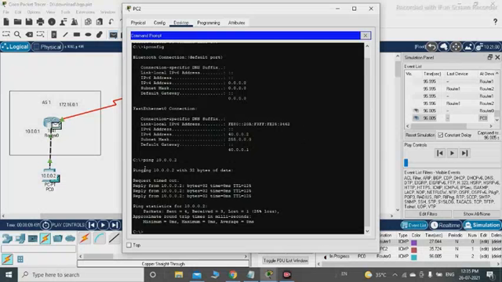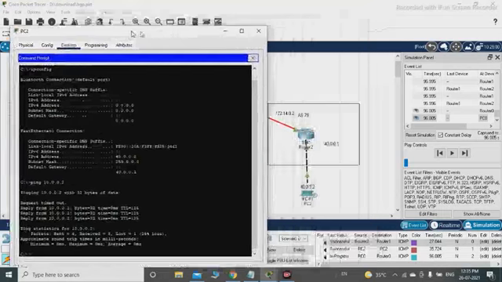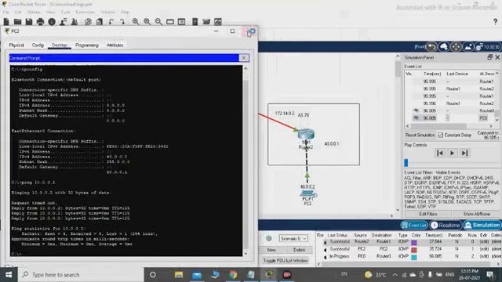We could get all that information for IPv6 also. So I have pinged 10.0.0.2. Here the data packets sent are 4, but we have received 1, so the loss will be 3, which is a 75% loss. That is what we have got from the PC2 point of view.